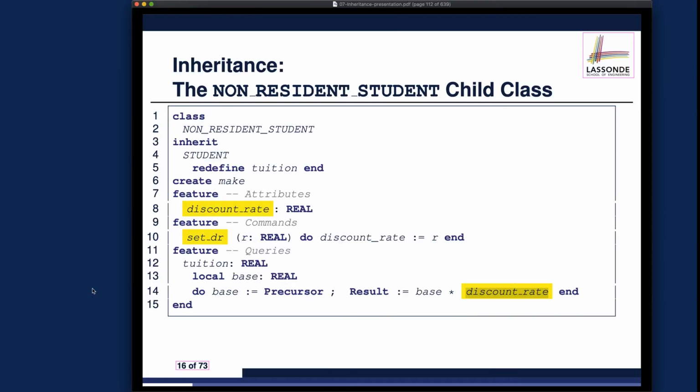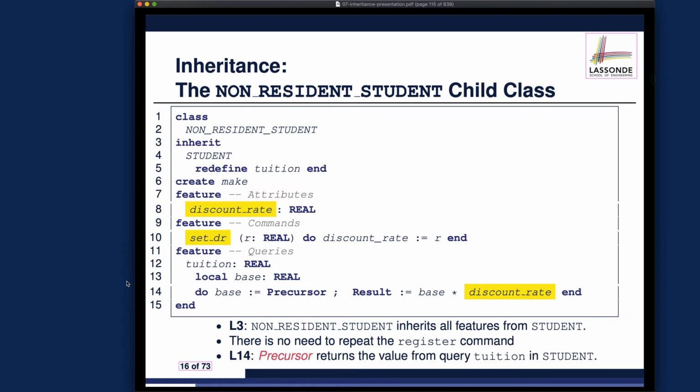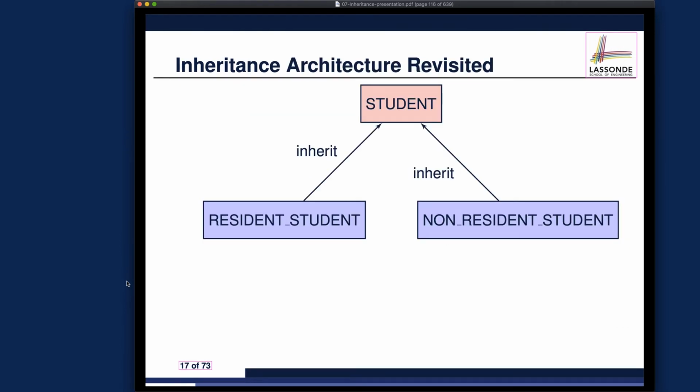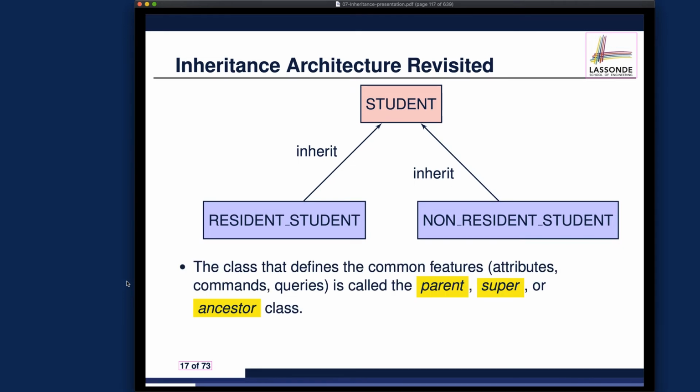Okay, let me go back to the code. So that's about the coding part, right? Let me just explain some terminology here. You might have known them already. So the class that's over here, that's defining common parts to be shared among the descendants. We call that parent,